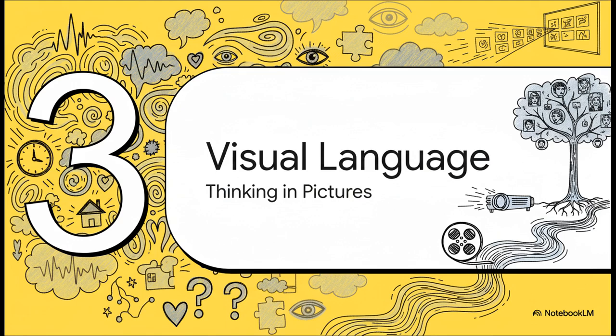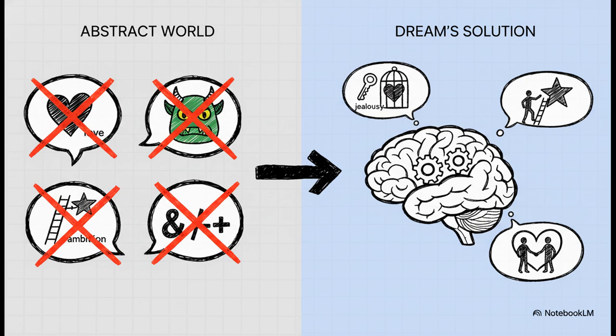It has to solve a massive problem. How do you turn abstract thoughts into a purely visual movie? How do you think, but only using pictures? I mean, think about it. A dream can't just use words like because, or if, or instead. It can't have a philosophical debate. It has to take these big abstract ideas like love, or jealousy, or ambition, or betrayal, and find a way to show them using only the images it has on hand.